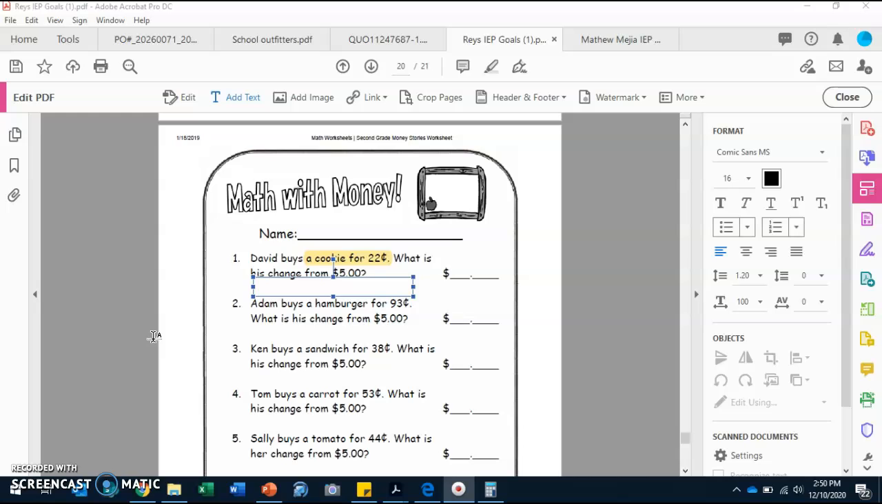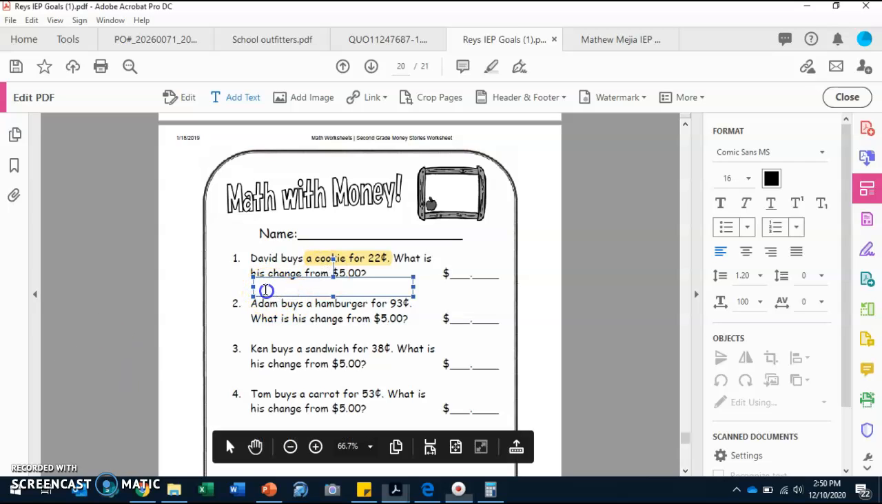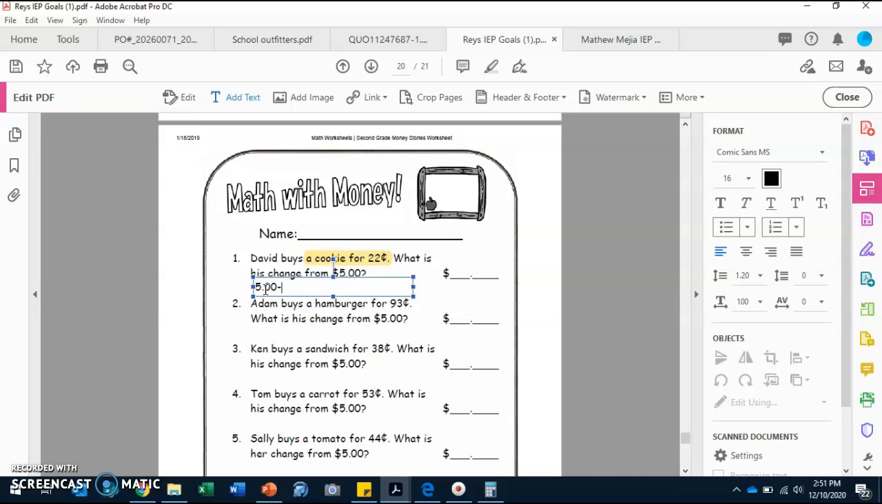And what are we going to subtract? Let's think about the equation we are going to be using. He has $5, right? So let's start with that. $5. And we said we were going to subtract. And how much are we going to subtract? Yes, the 22 cents, because that's what he spent on the cookie. So to put 22 cents, we're going to put 0.22